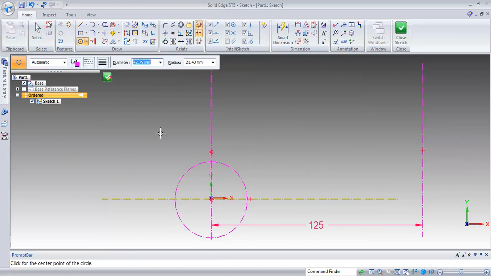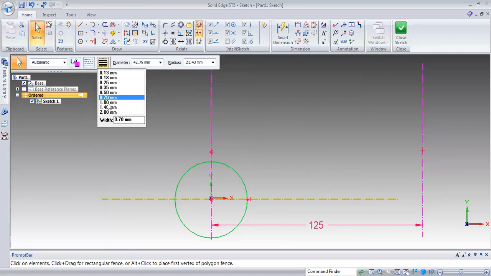So here it has become a dotted line. To make it continuous, change the size.